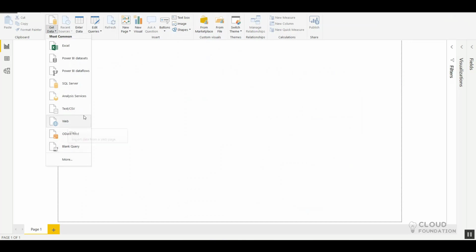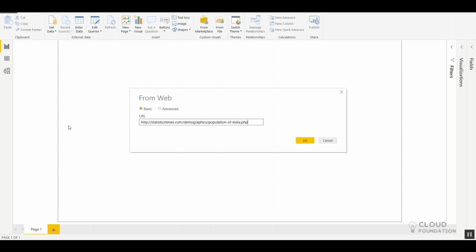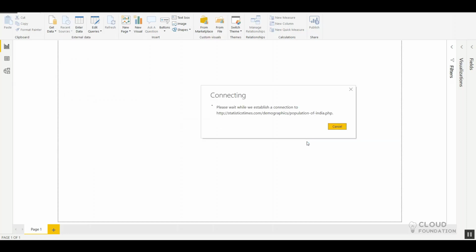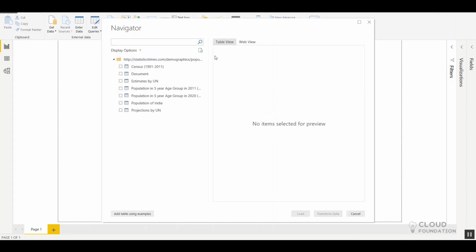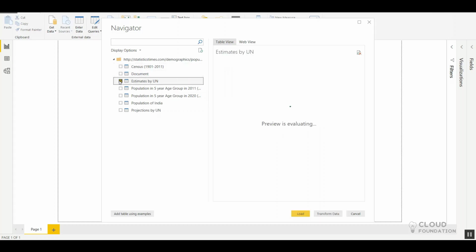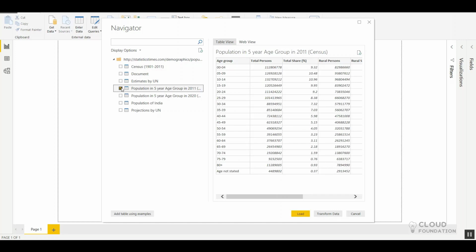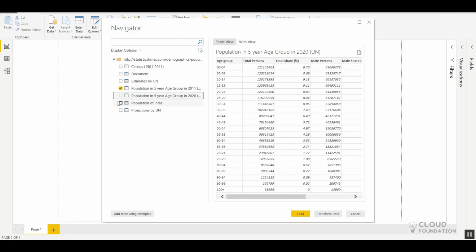So now that you have used the web, it comes in here and you can actually directly click it in here and then click on OK. Then it takes you to the web page. So now you can see actually the census. So you see here there are a lot of estimates and lot of